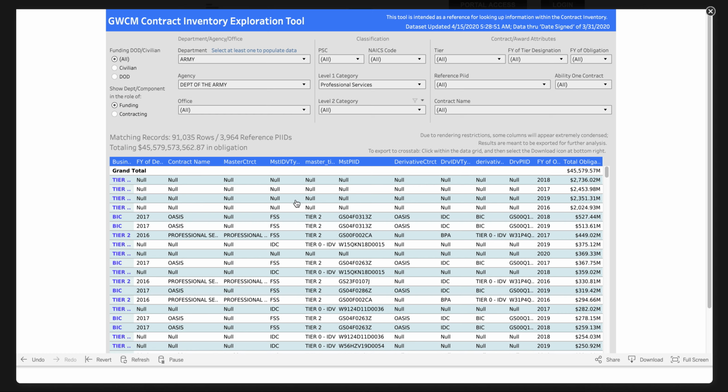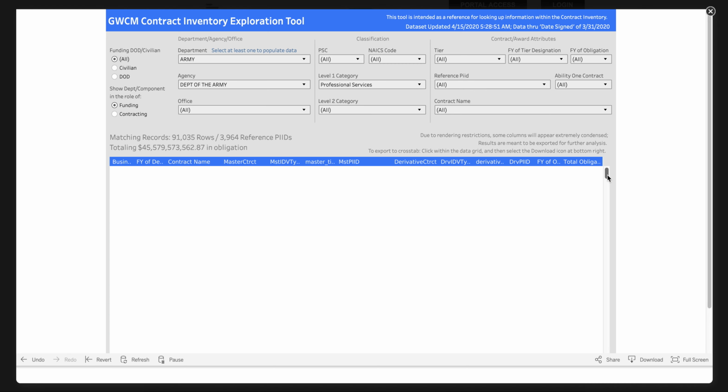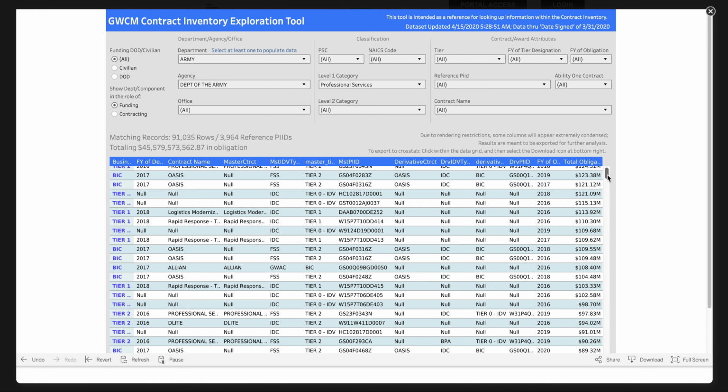But to move forward, again, if you find anything that is inaccurate, you can look at the data and know that anything that is expressed by IDC, whether or not it is expressed by the master PID that also has leading characters like GS, which also helps quickly translate the agency in which it corresponds with. If you can see that the derivative contract is OASIS and all of this looks accurate, there is nothing to